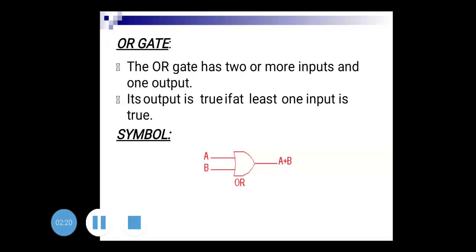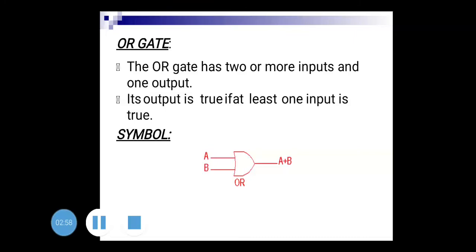We will start with the OR gate. The symbol of the OR gate is as shown in this slide. But practically, if you see, an OR gate is an IC, an integrated circuit. It is a 14-pin IC, which you will be able to understand in the laboratory. If you want to draw it in your book, it has to be symbolized as shown here. This OR gate has 2 inputs. It can have 2 or more inputs, but here I have shown only a 2-input OR gate.